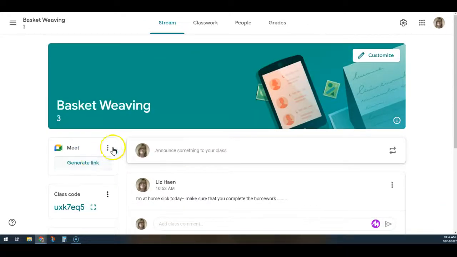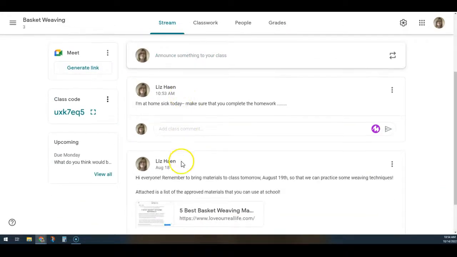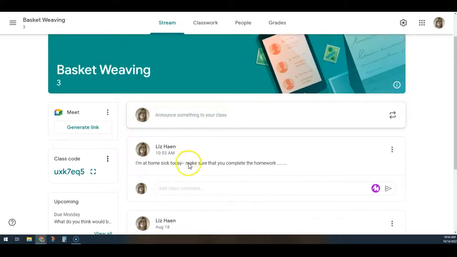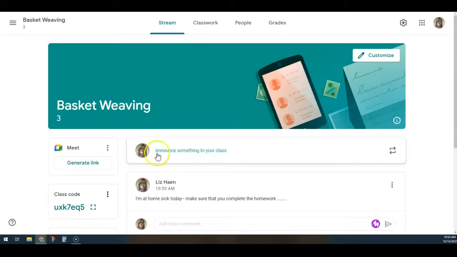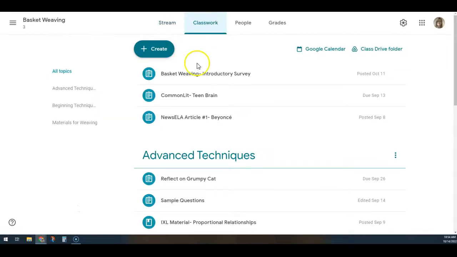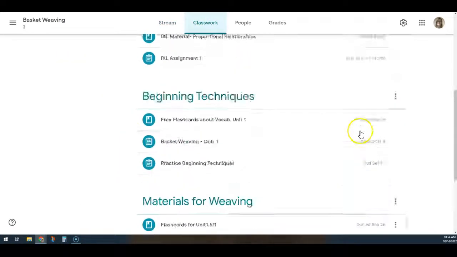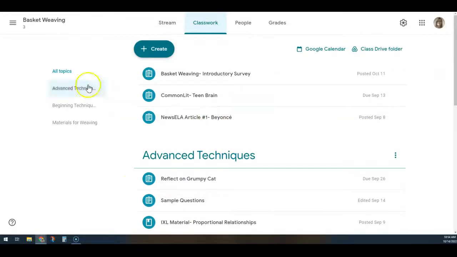Because you want to train your students to look at the stream so that they see any important information, any important announcements, anything that's a quick reference. Anytime that there's homework or materials, think of this as their textbook. This is their classroom. This is where they should be getting that information. So enjoy the